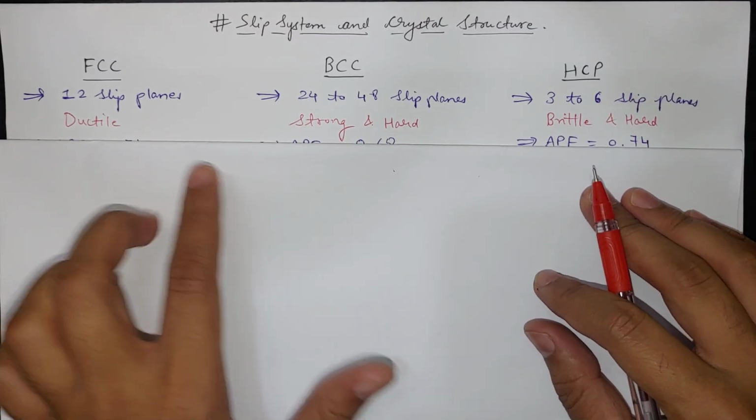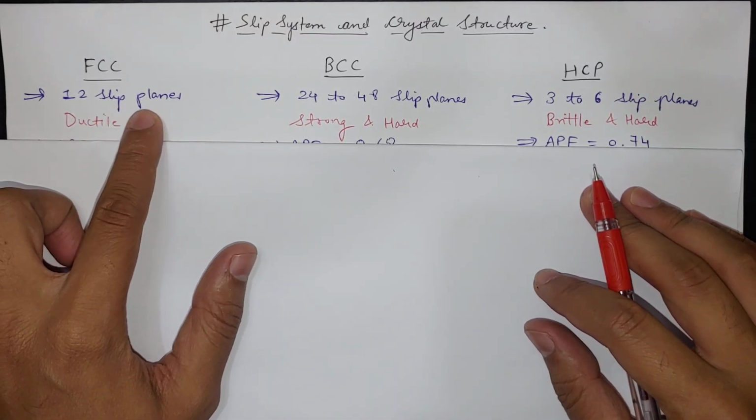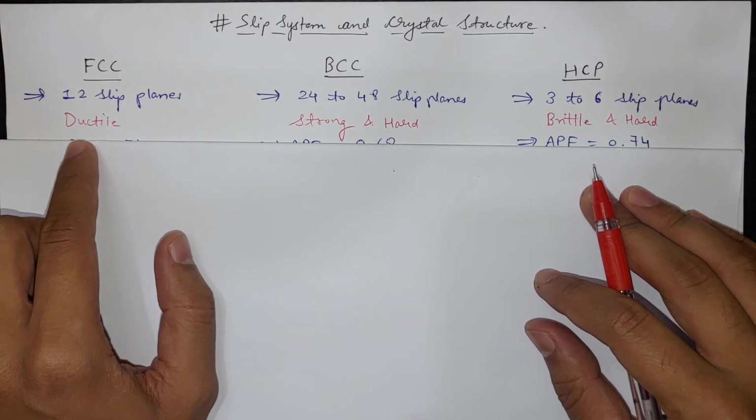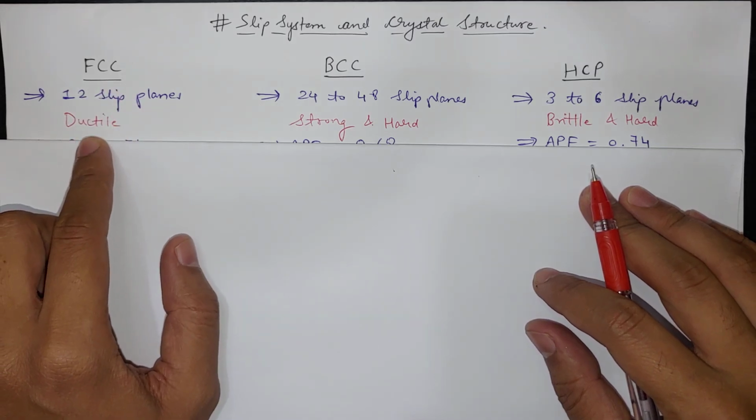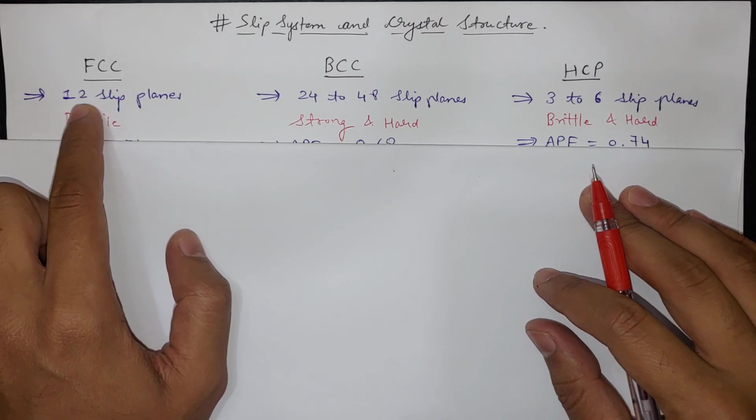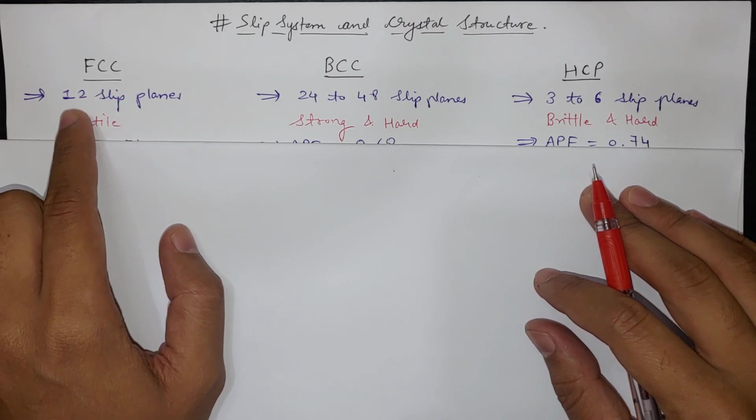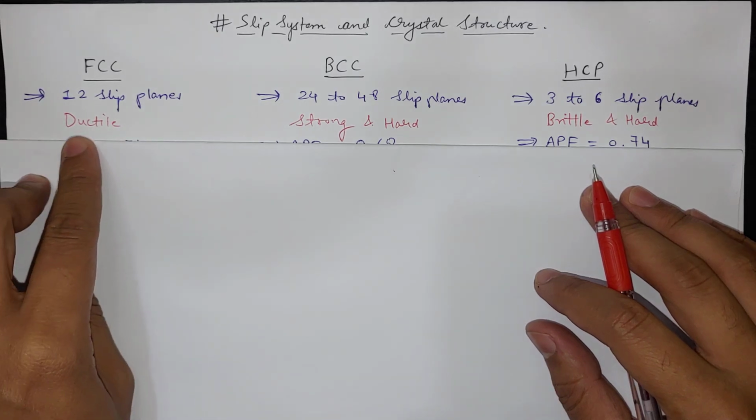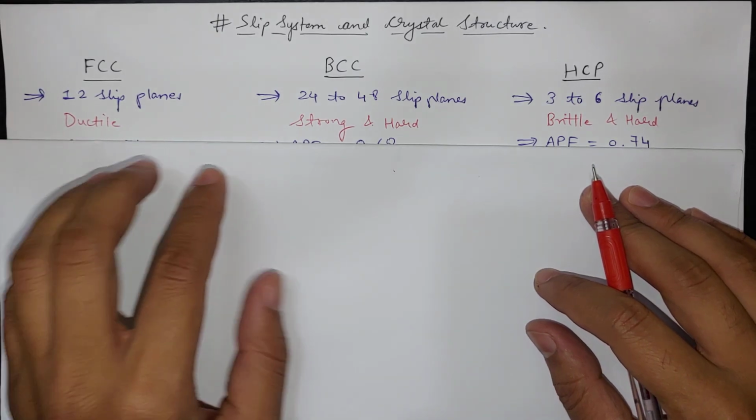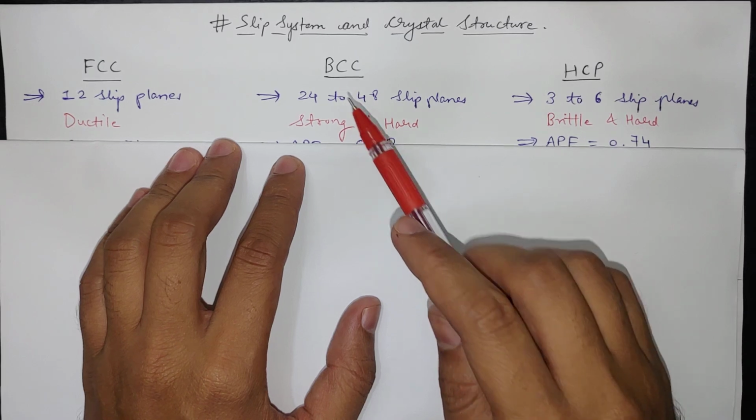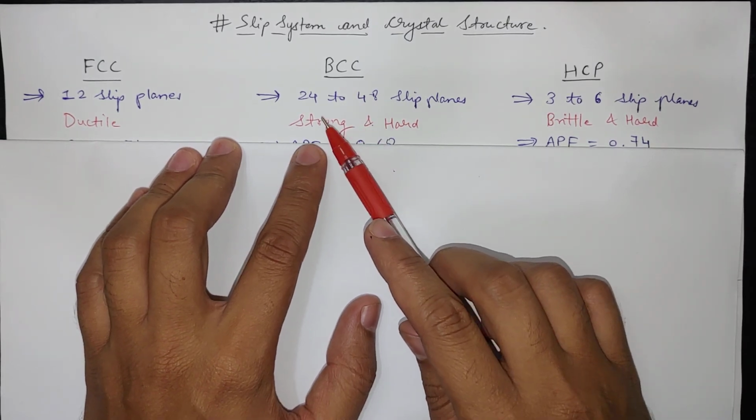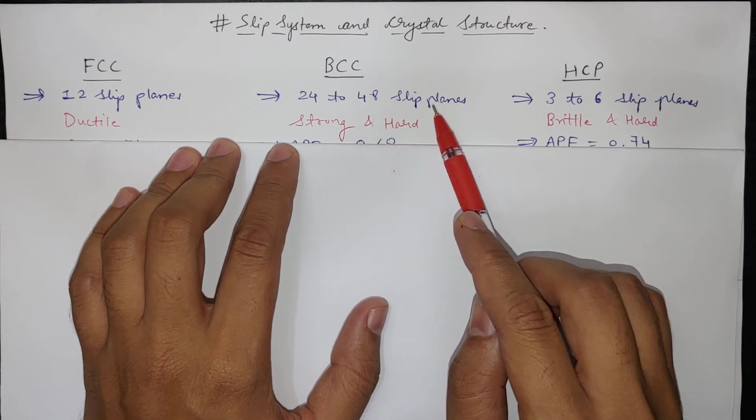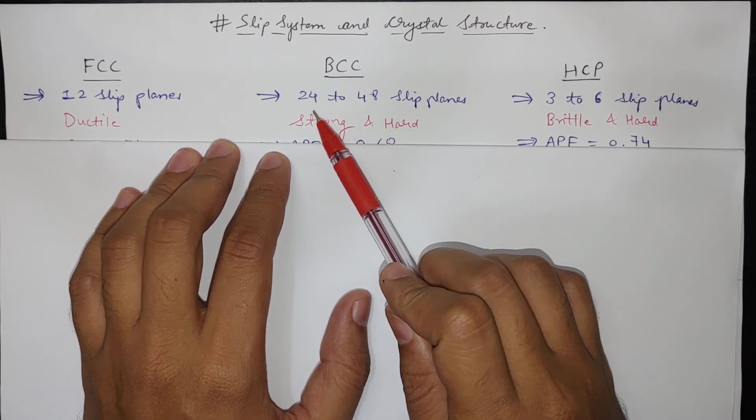Now, due to these 12 slip planes, in the FCC unit cell the materials are ductile, because if we apply the load, the atoms can move in 12 different planes. That's why the material is ductile. Here in BCC, the material should be ductile because it has 24 to 48 slip planes, but we know that